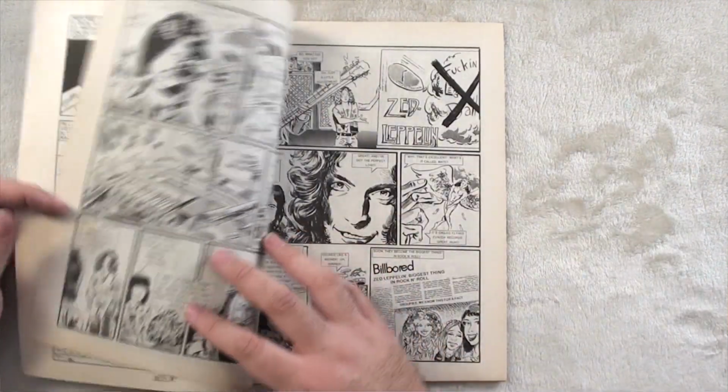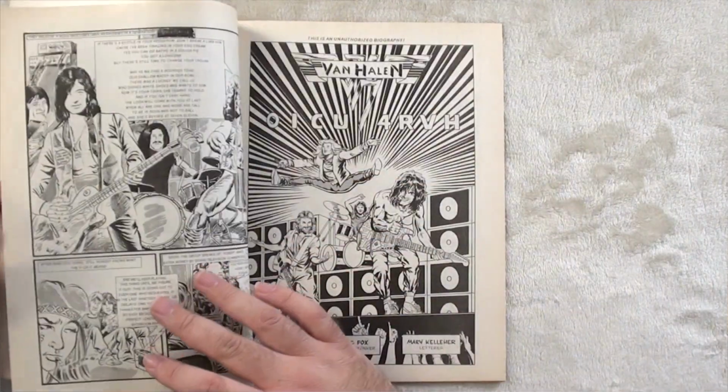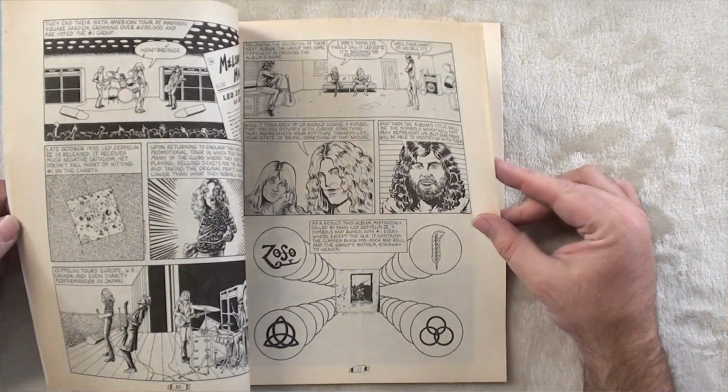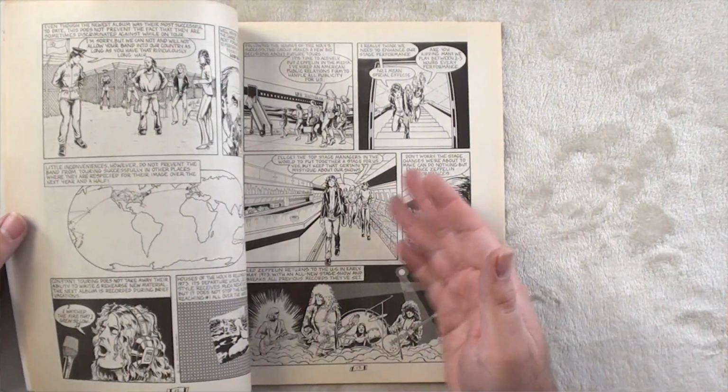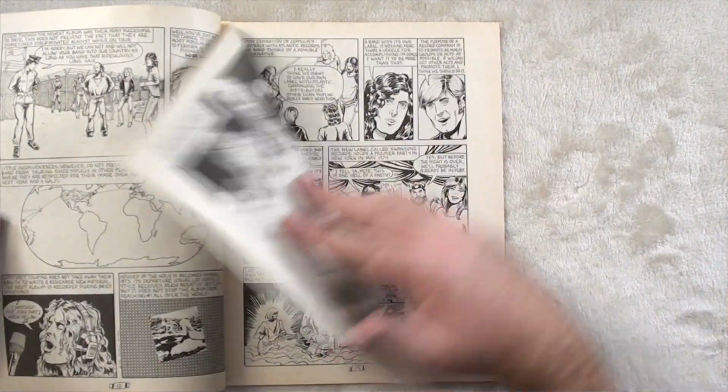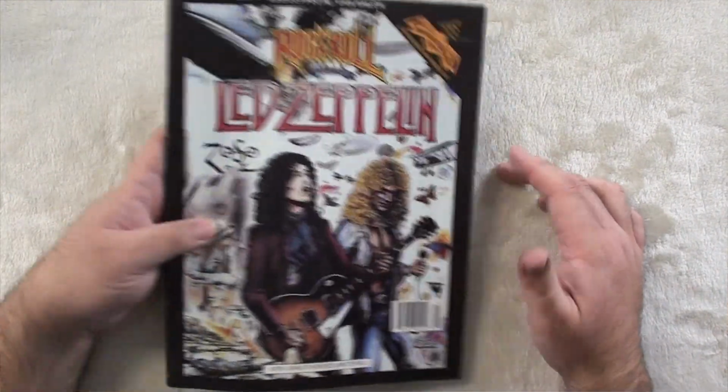This one is not in color. This one's just black and white. Very cool, though. We got some Van Halen in here. So it looks like everyone features different bands, but a bulk of it is the specific band that they mention. Yes, it's cool. Led Zeppelin, don't know really anything about their music at all. Another sort of hair metal band. I know they were a little earlier, but...